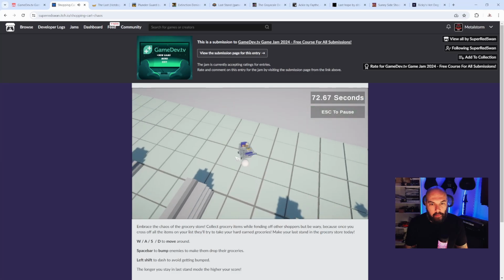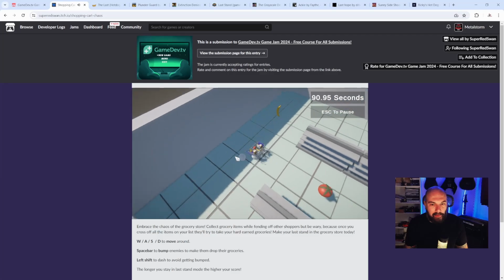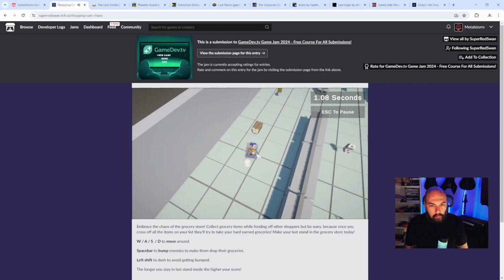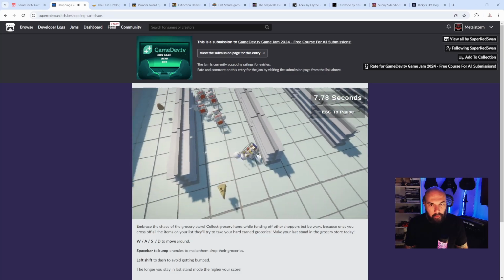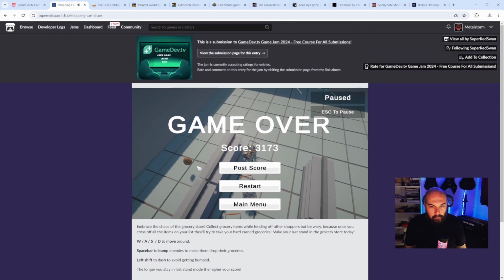Okay, so you basically gotta go collect stuff. Kind of reminds me of that old TV show, what's it called? Supermarket Sweeps, I think? Where the people have to like run around and get all this stuff. I don't get the last stand part though. I don't know if I'm supposed to try getting somewhere or if it just gives you a couple extra seconds. Looks like it's just a couple extra seconds, but...